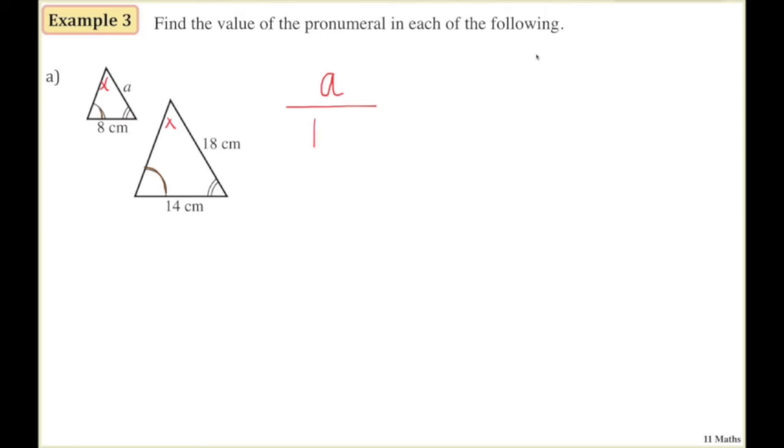So A over 18 equals. Now A came from the smaller triangle, so if I'm looking for another side on the smaller triangle, I've got an 8. So it'd be 8 over 8 would correspond or match up with 14. So now I've got myself an equation, and with an equation like this, I can times both sides by 18, and if I do that,